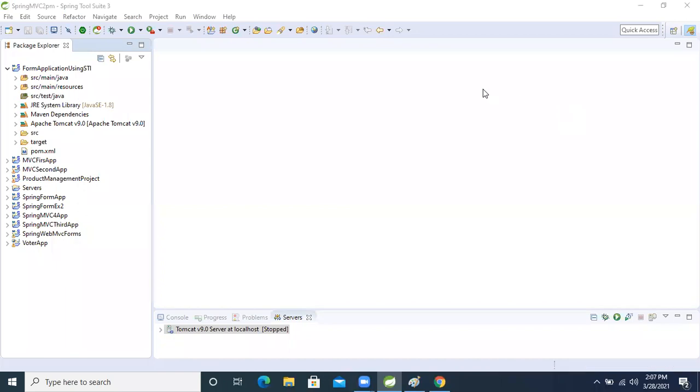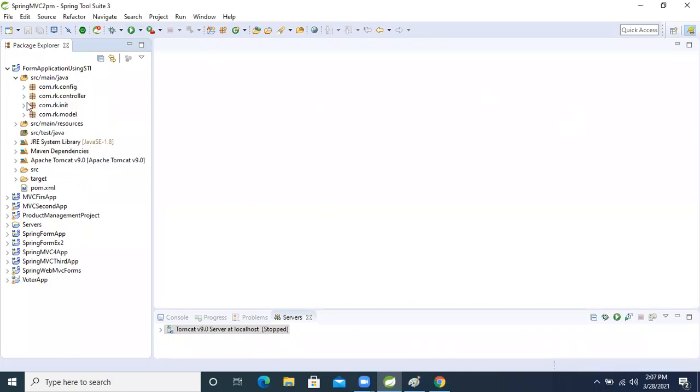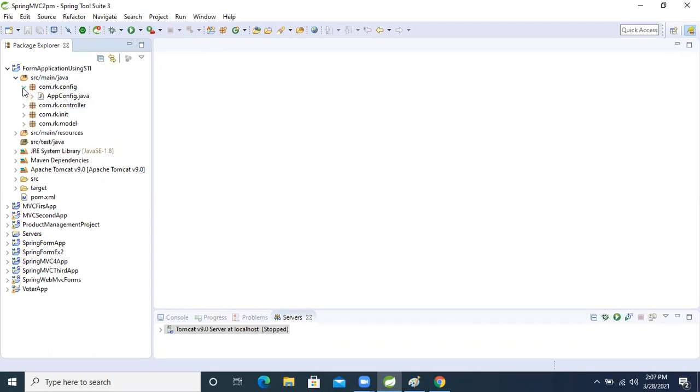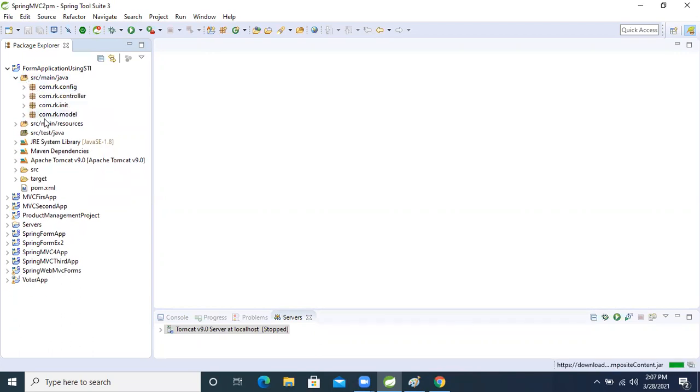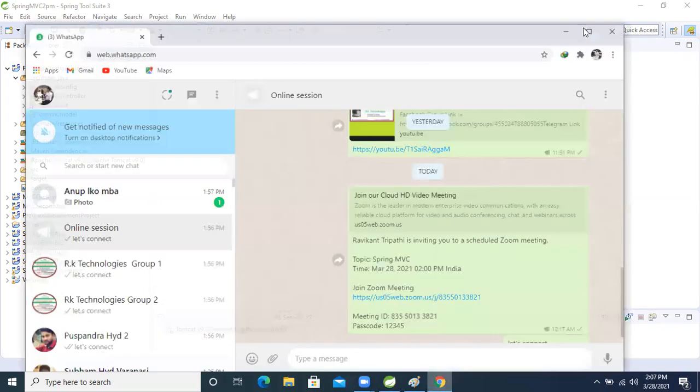Okay, friends. So this is yesterday's application, right? In yesterday's application, we made it using Spring. What is that? The Spring tag library. We designed the form, right? And we understood why we are designing this form, because unless we use STL, we can't make that. Like Google, let's open Google, right?